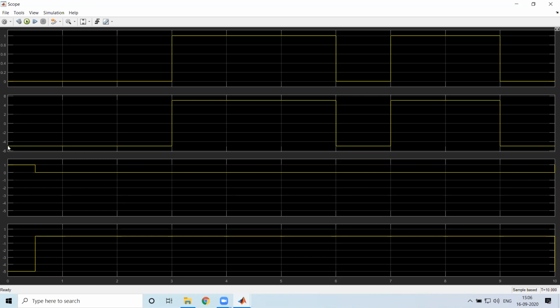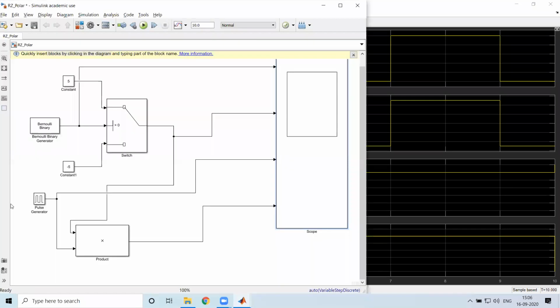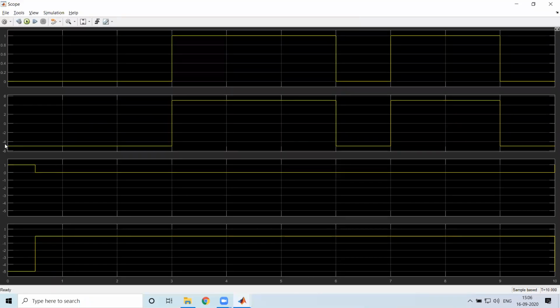So if I multiply this value with this, that is what the product is doing over here. The pulse generator's output is multiplied with the NRZ value. So when I multiply it, what is happening? This is 1, and 1 into anything will be itself. So 1 into -5 will be -5. Here you can see that it is staying at -5 for half of the bit period. But after that it is returning to 0. But for the next bits, it is not represented in the required form. For the first bit you are getting it, but for the remaining bits we are not getting it.